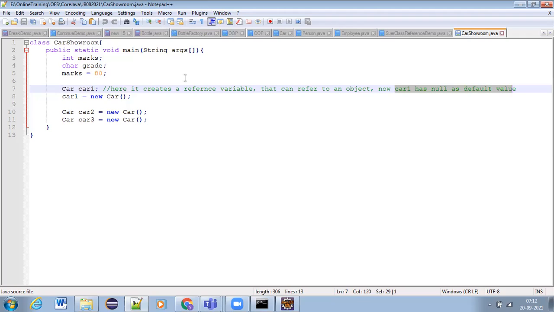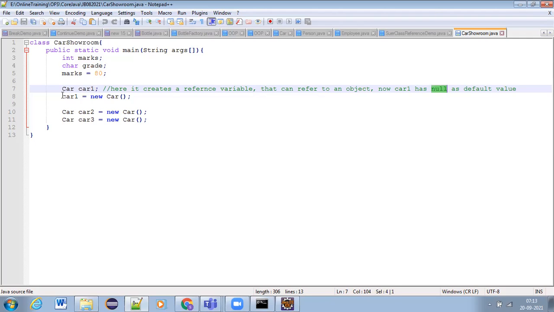For any class, that may be car or aeroplane or employee or person or book, whatever it may be, if you create a reference variable like this, it stores only the reference. As of now, it stores only null as the default value.